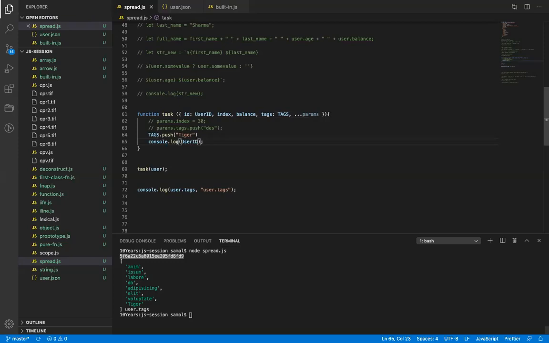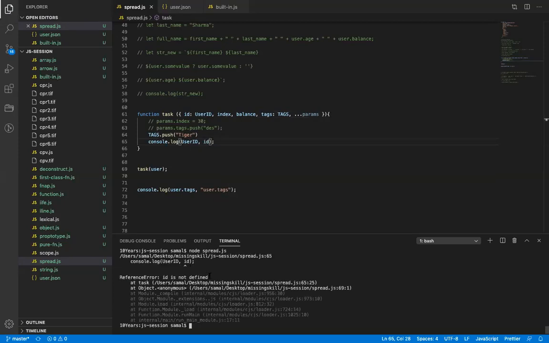If I try to print the ID, possibly it will throw an error that ID is not defined. Because this is the syntax used for renaming the value. So this is the basic way destructuring as well as spread can be used in a function. So these are destructured and these are spread. Okay? Okay. So let me show you another one.